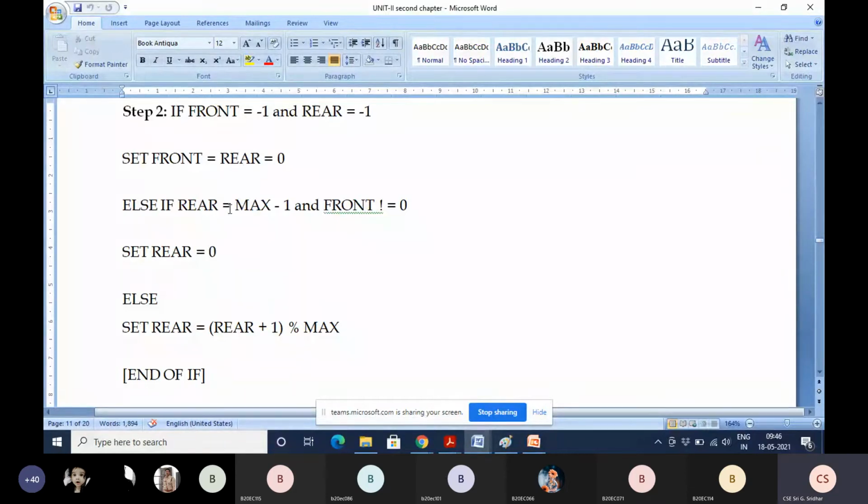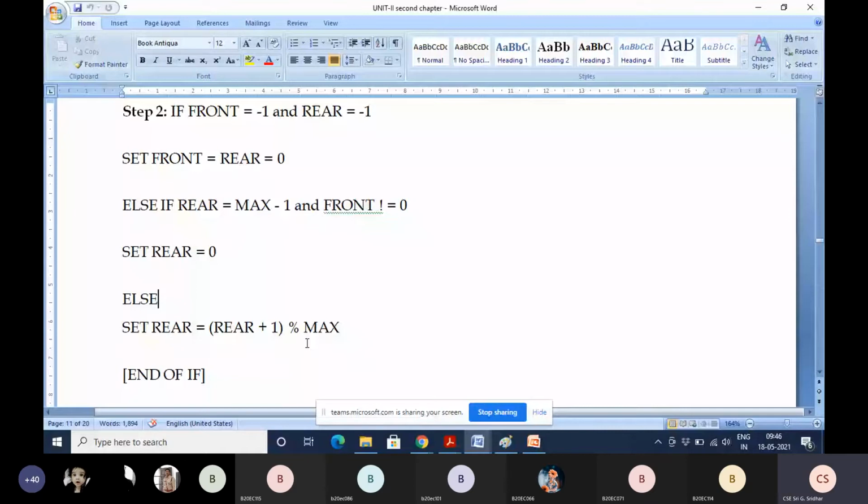If rear is pointing to max minus 1 and if you use this formula, what is the value for rear you will get? 0. 0. Okay, మీరు ఇక్కడ 0 ఇట్లా డైరెక్ట్ రాస్తారు కదంటే, if you don't want to write 0, you can write this formula, then also you will get 0 only. Else otherwise you have to set rear equal to rear plus 1 modulus max.